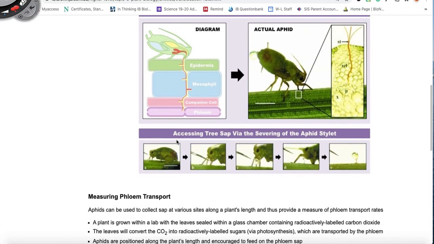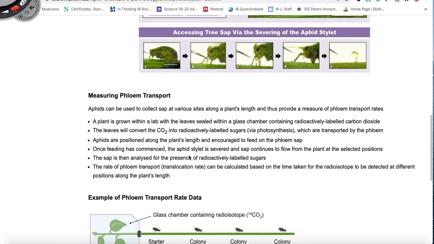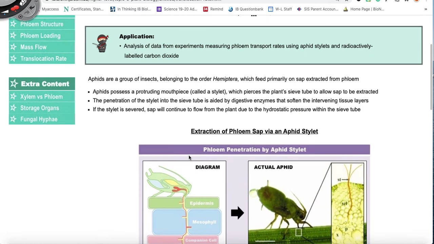So you don't really have to recreate the experiment or explain the experiment, but you have to be able to analyze data from these experiments. But it's good to know how these experiments are carried out. So